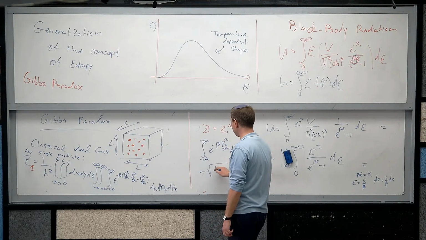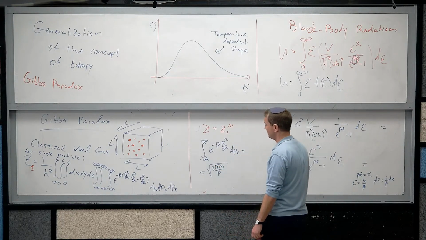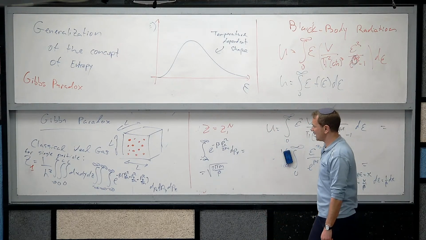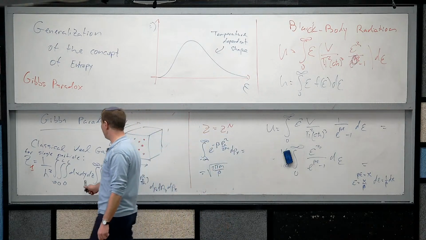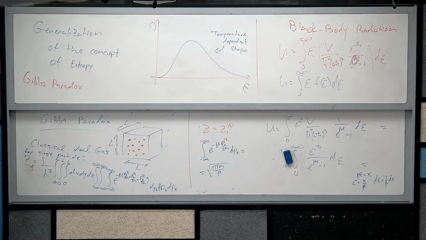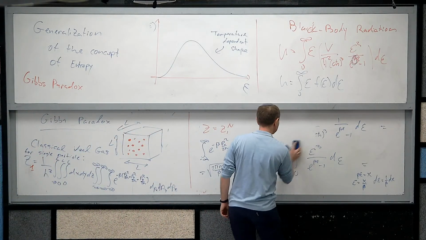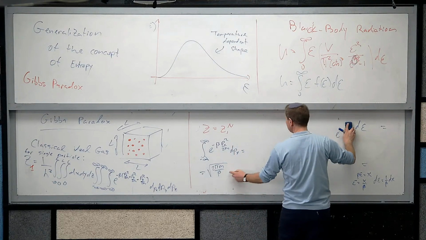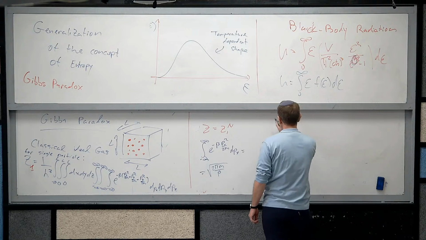A square root of 2 pi m divided by beta, right? The same goes for py, the same goes for pz, and integration over dx and dy and dz just gives me L. So in total, by using this formula, I obtain for Z1